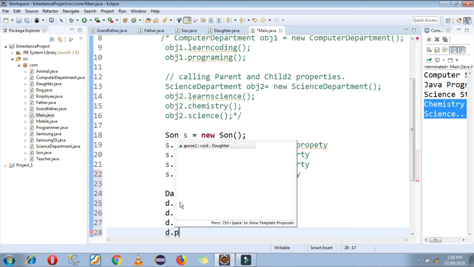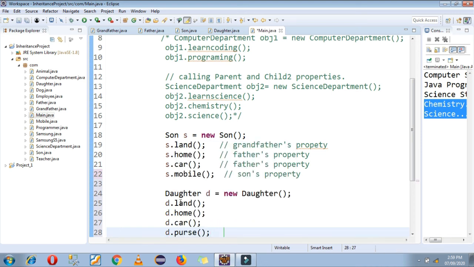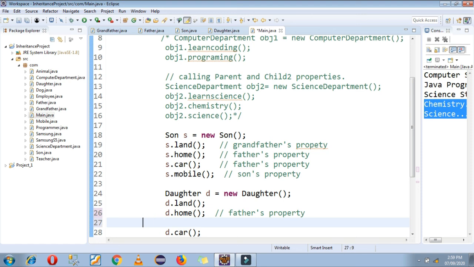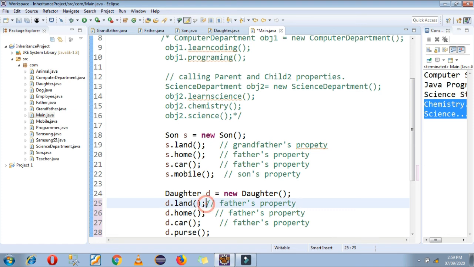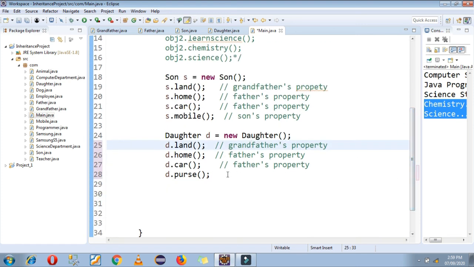In this way you can call all the functions one by one from the parent and from the child class also. This is the best example of hybrid inheritance. Just practice this example at home and let me know if you have any queries or questions.